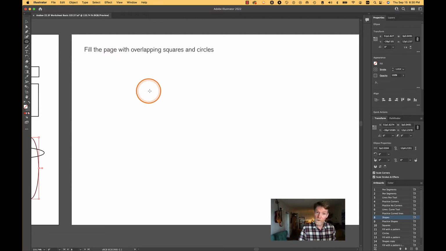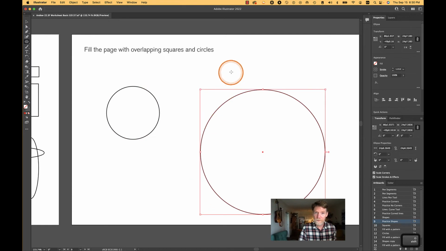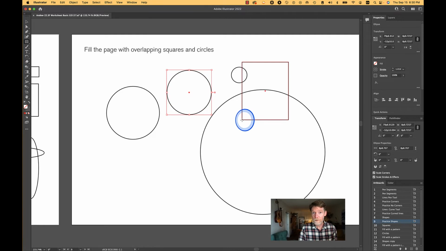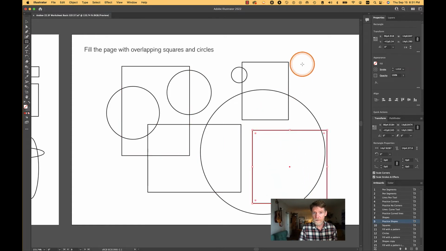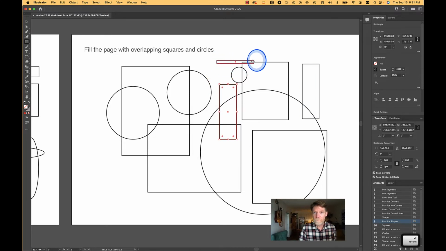Now I want you to go ahead and draw both of them. So switching back and forth, draw some circles, and then maybe switch to squares. So that's the hotkey M will give you some squares. So I'd suggest doing a similar amount that you did with the other ones. Do 20 or so, 24,